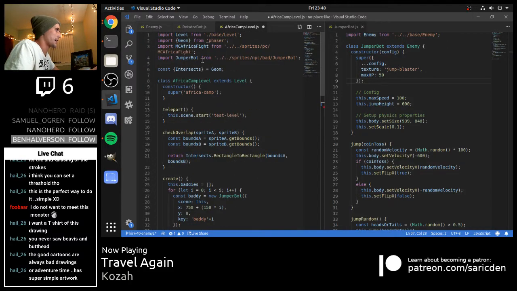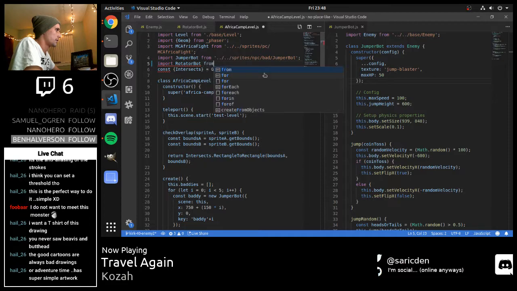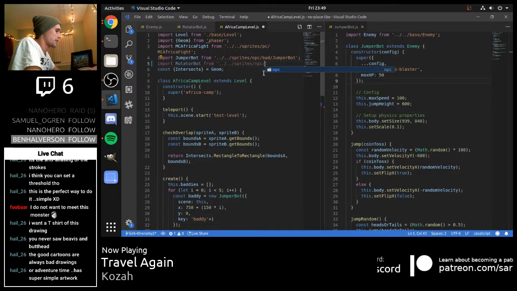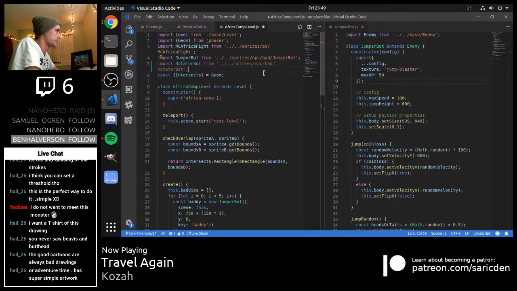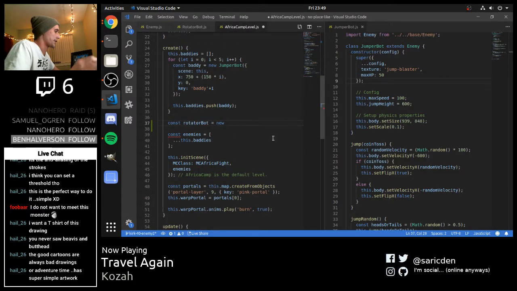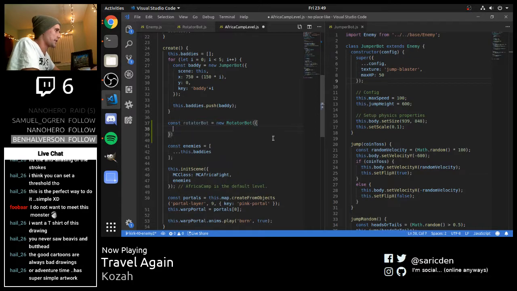We've got to actually import him first, so we'll say import rotator bot from same location /sprites/npc/bad/rotator bot. So once we've got him imported, we can now instantiate him by going new rotator bot, pass in our configuration,